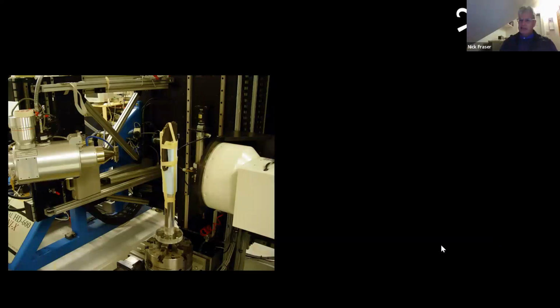And that leads me on to a little discussion about modern techniques. And this is a CT scanner, as it was at Penn State in 2004, 2005. And there was a sort of revolution, I guess, in the early 2000s of how we approached